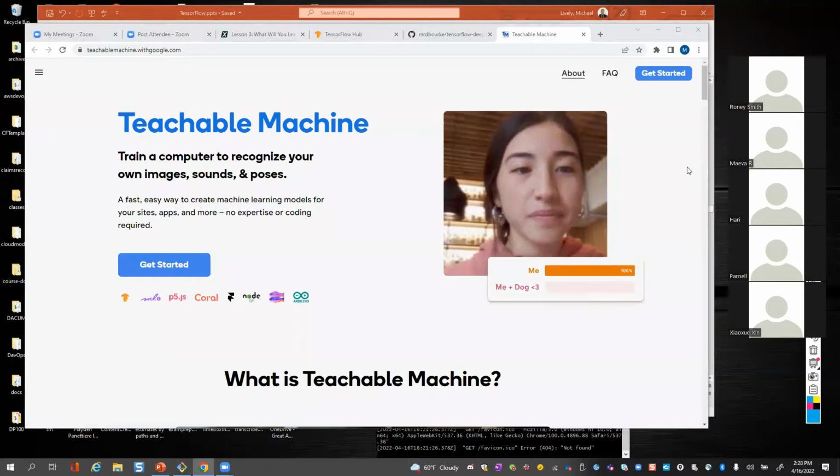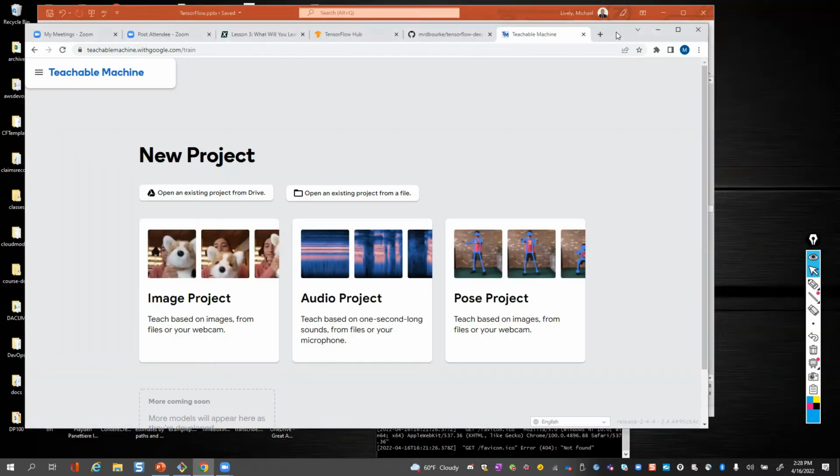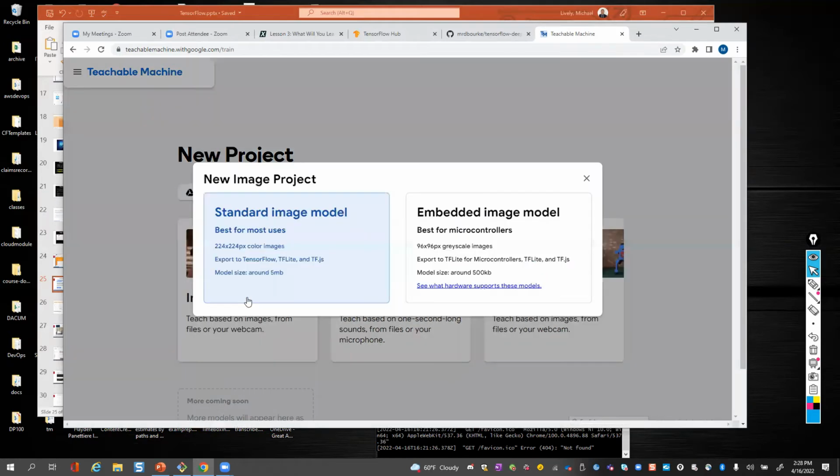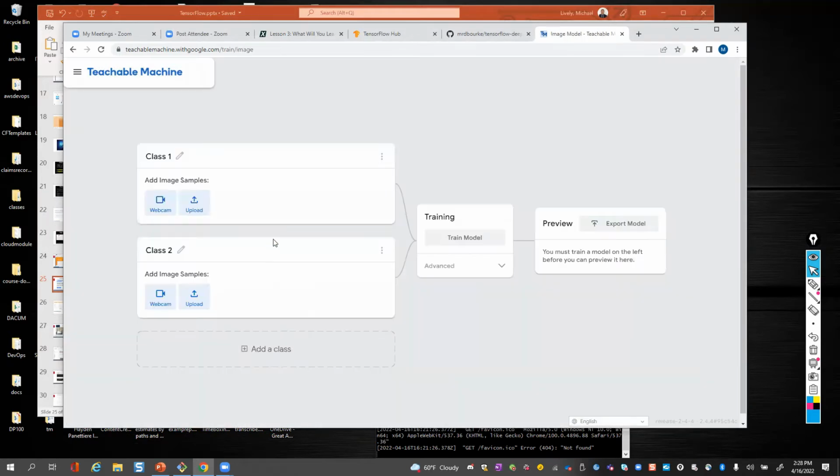In order for this to work, I need to turn off my video because it's going to use my video camera. Okay, so you can still see the screen. Is that right, guys? Yes. Okay, excellent. I'm going to do an image process here. I'm going to use a standard image, and I have two things I'm going to train. The first thing I'm going to call a pin, and I'm going to do a cup.